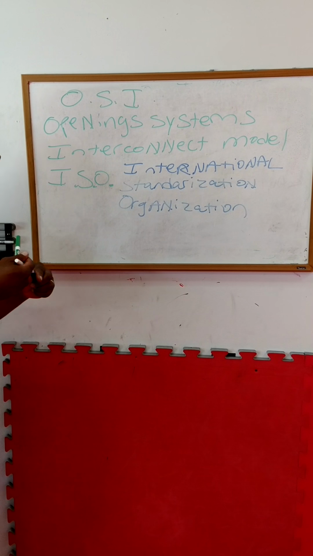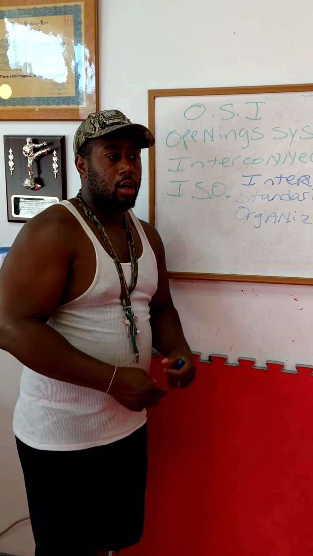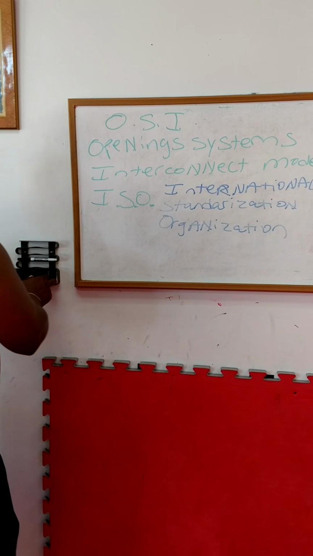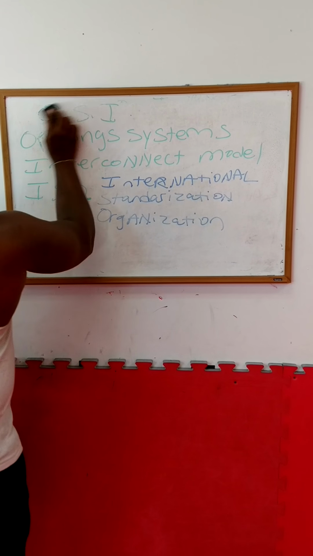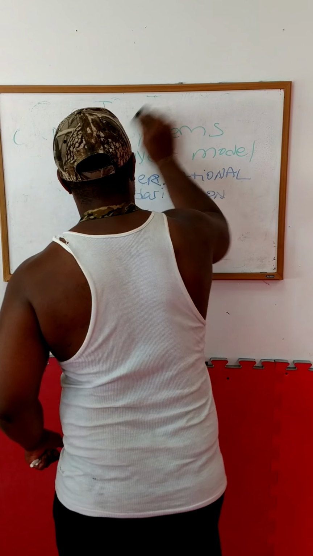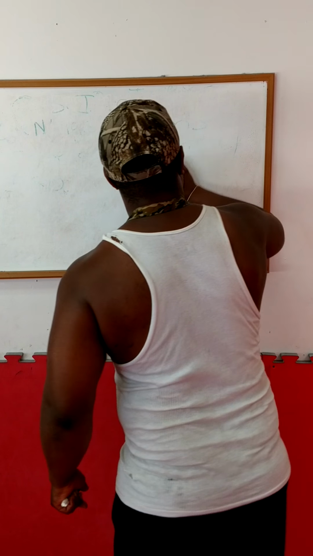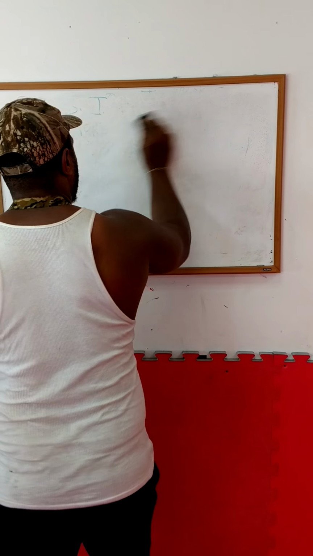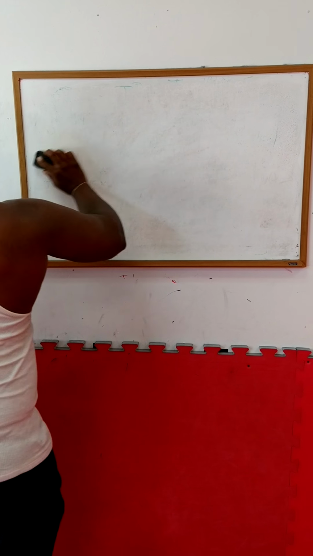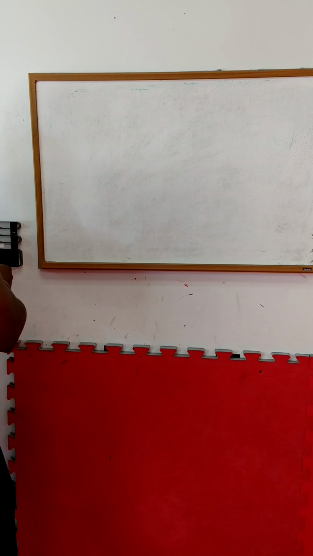Now, whenever you're talking networking, you have to understand networking in terms of 7 layers, right? So there are 7 layers to the OSI model. And I'm going to tell you those layers right now, because this is very important. Okay. The 7 layers of the OSI model are